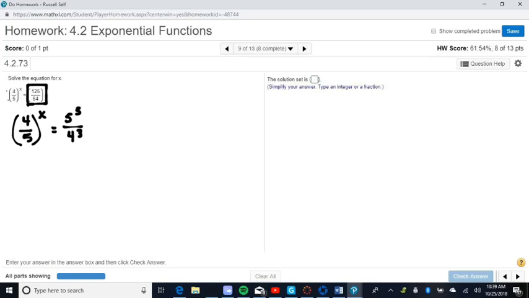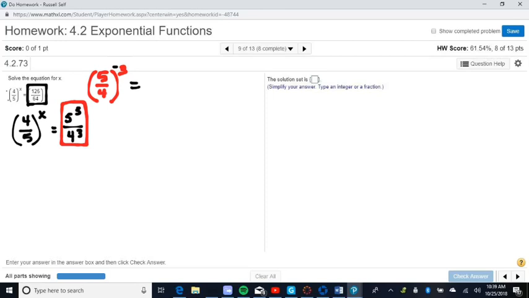Now, what you notice here, though, is we're not quite ready because this 4 is in the top, this 4 is in the bottom. So these numbers are in exactly the wrong positions. They should be in opposite positions. Well, the way to fix that, and remember, anytime you have a fraction where the top and bottom are raised to the same power, that's the same as saying that whole fraction raised to the 3rd. And if I want to flip them over,